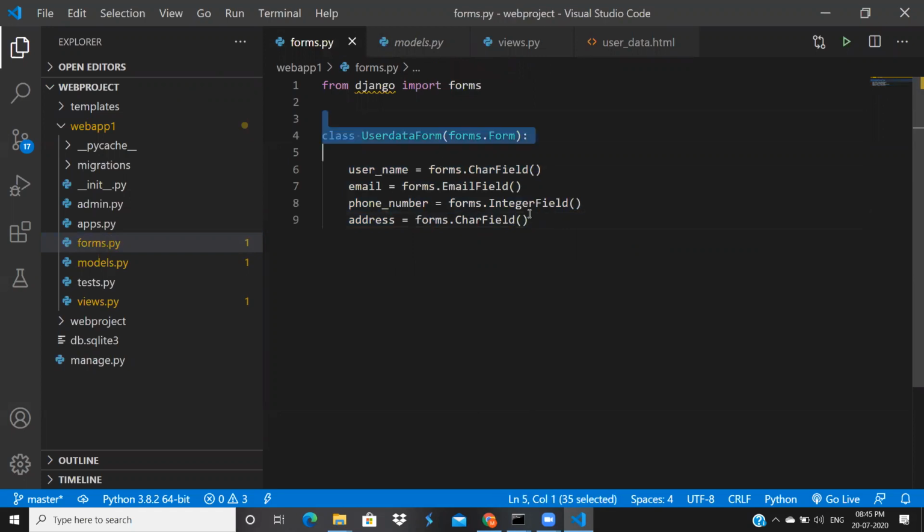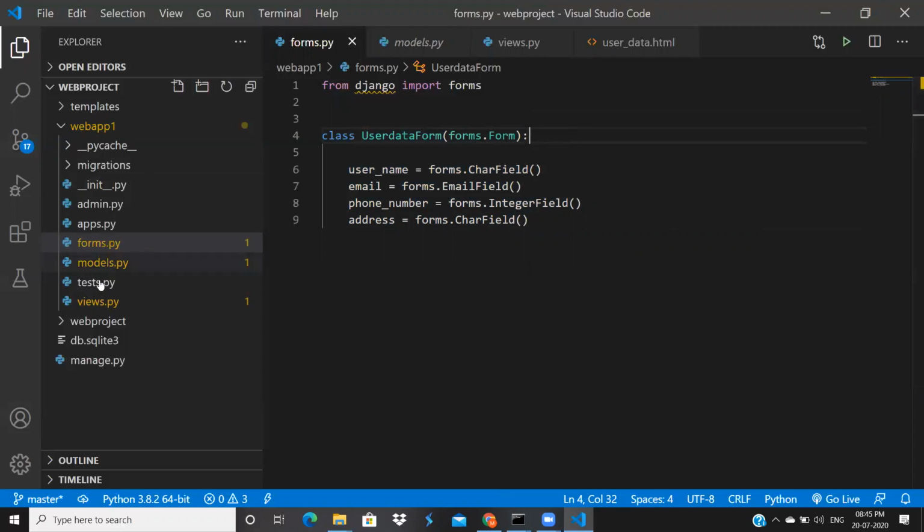It is a class, but you can call it a form, because we are building this class to create a form. You can call it a user data form or a user form, but basically it is a class inherited from the forms module. No issues.